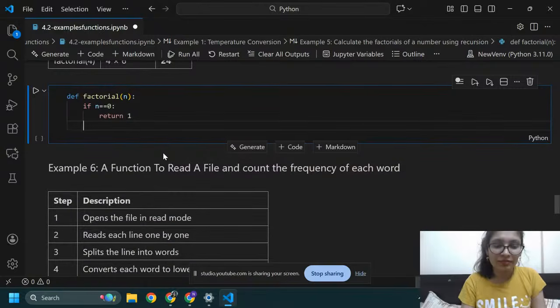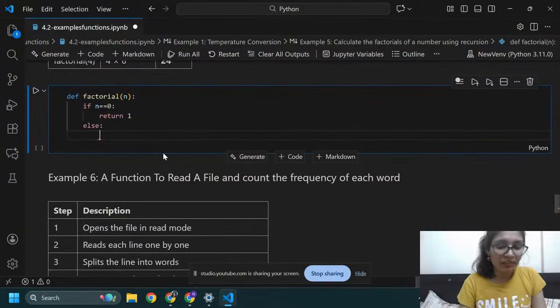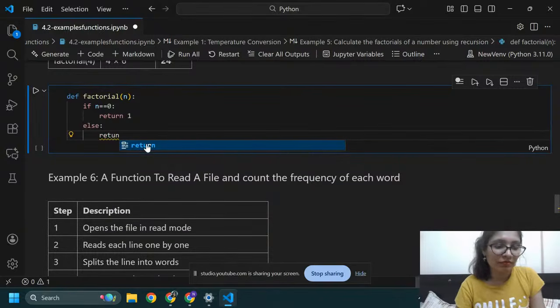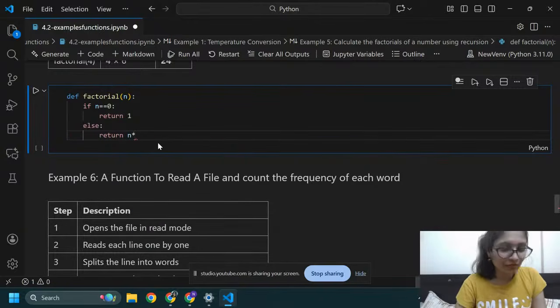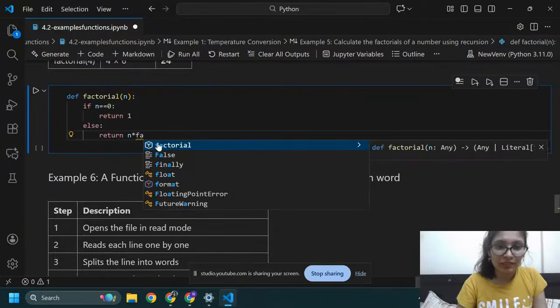Else it will return n into factorial n minus 1.